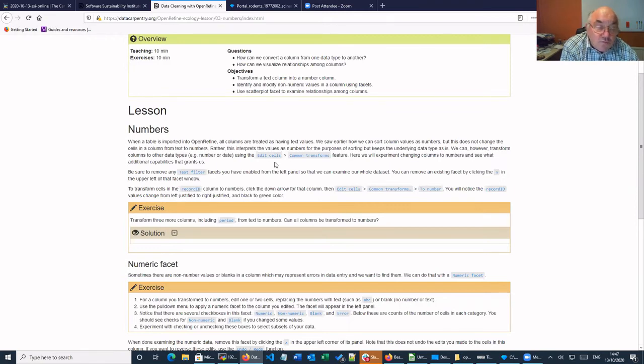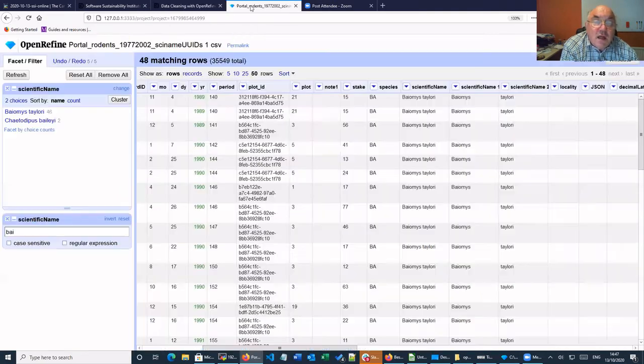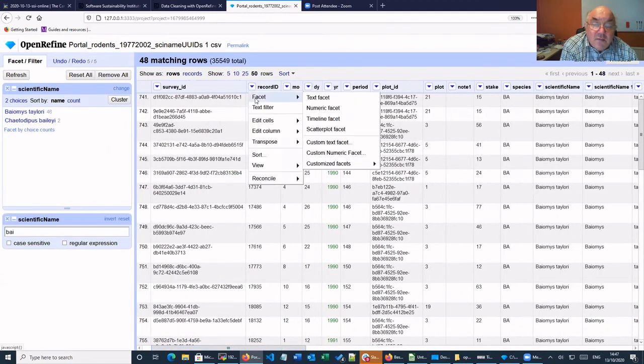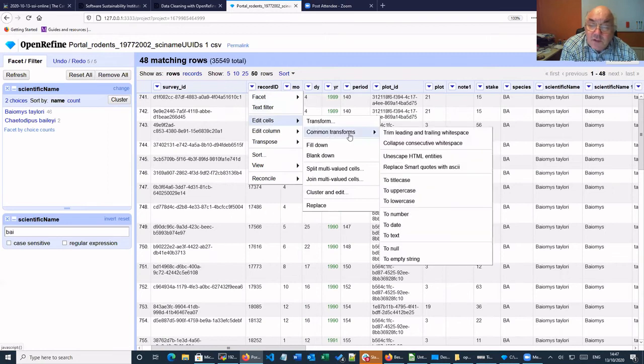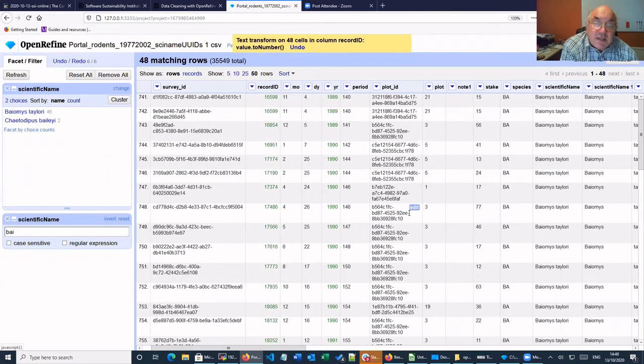So what we're going to do is transform a few columns into being numbers. It says record ID, use that, and we can pick a few other ones that we want. In our file, I've still got year as a number, but never mind, it doesn't matter. If I go to record ID, edit cells, common transforms, to number. Okay, and again, I'll get the green coming up saying it's only done this on 48 cells because that